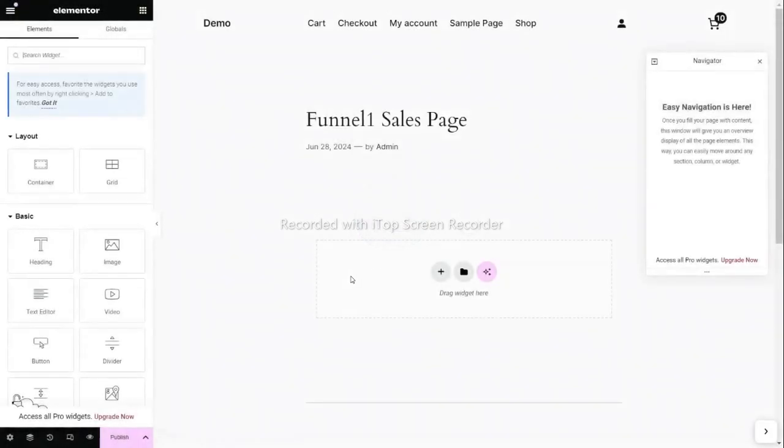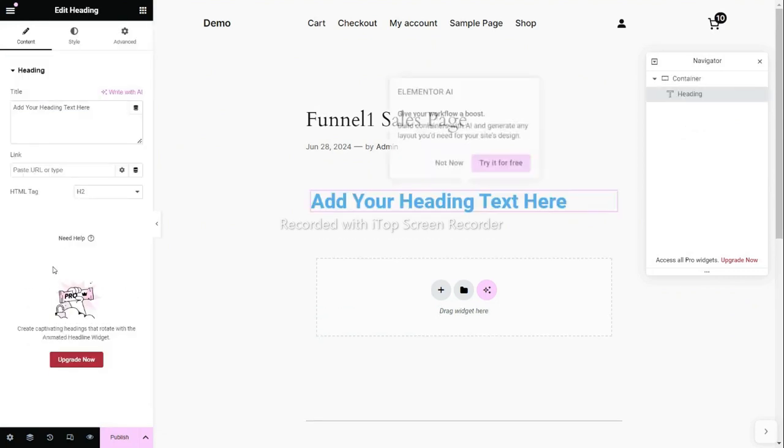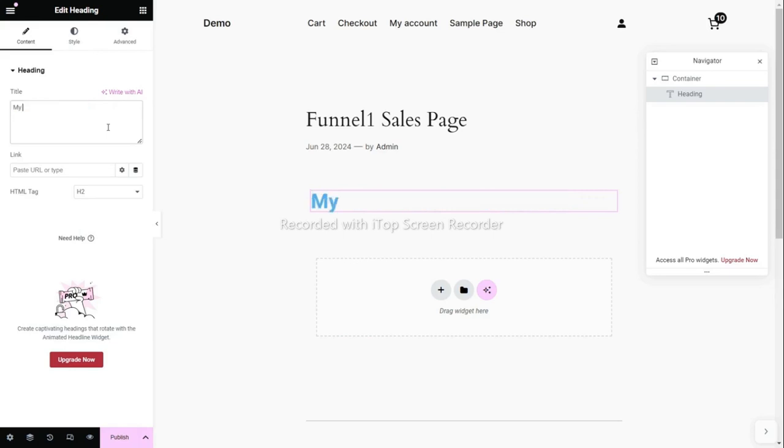So on edit with Elementor you will be redirected to this Elementor screen where you can add the heading or image or anything on your sales page using the Elementor's shortcodes, like my first funnel.